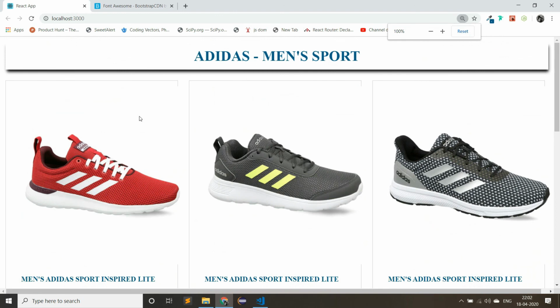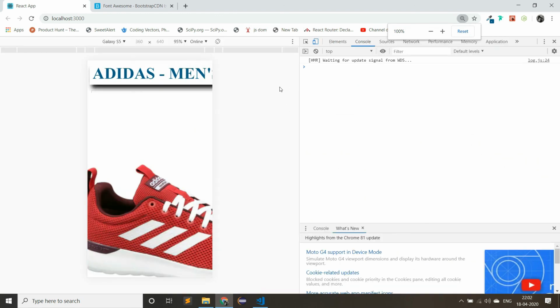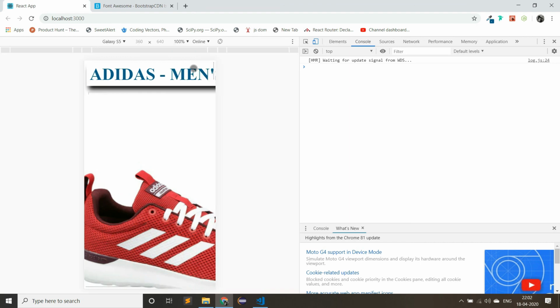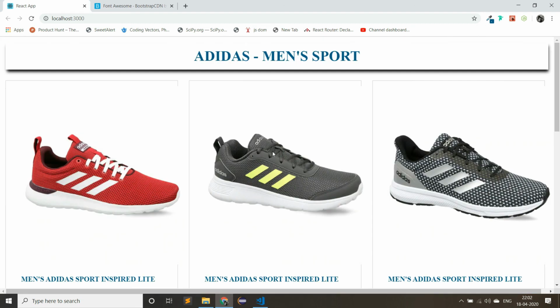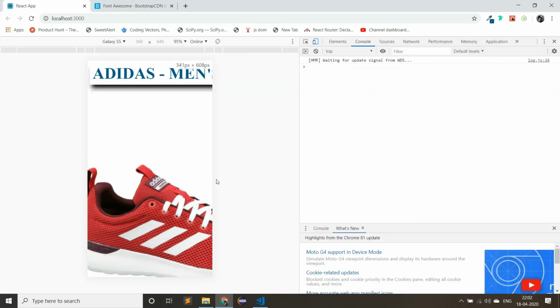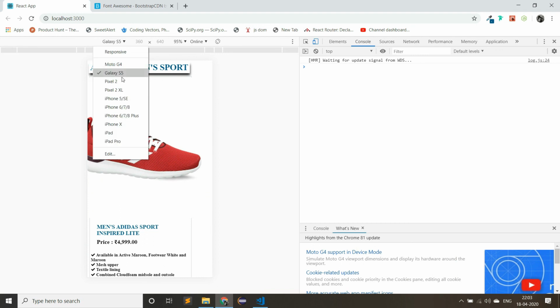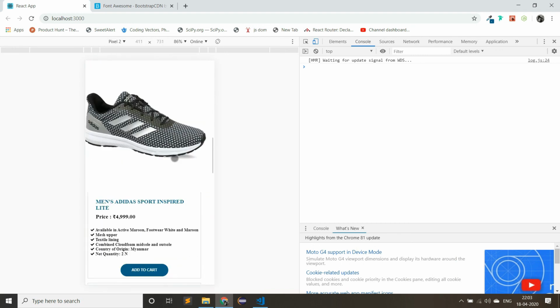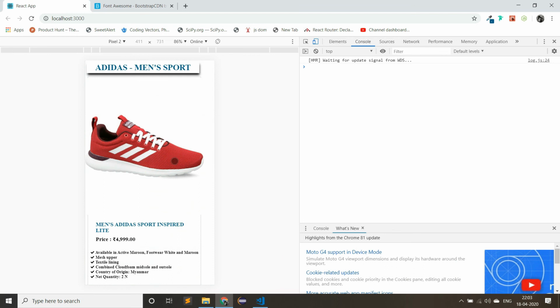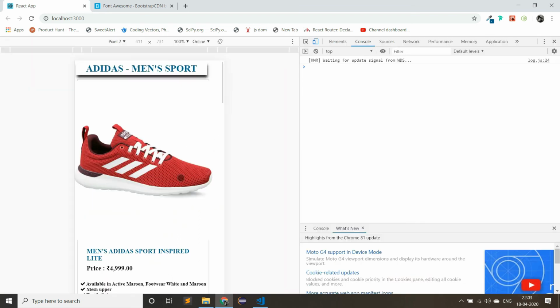So inspect the page for the small scale device. So we are getting the image somewhat bigger. So let us minimize it. I think we did a mistake in style.css.